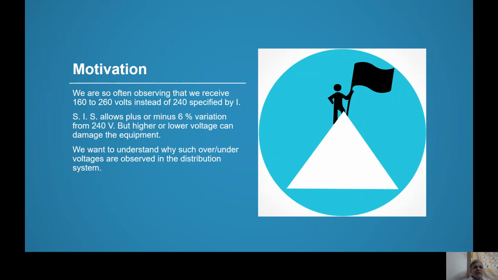Motivation: I told that if the fourth wire is not run, the voltages of R, Y, and B phases would be variable, would be different. The lowest voltage can go as low as 160, and the highest voltage can go as high as 260. Instead of 240 or 230, 260, the equipment would be damaged because of high voltage. And because of 160 also, the equipment can be damaged. Which equipment can be damaged? Particularly the induction motor would be damaged,